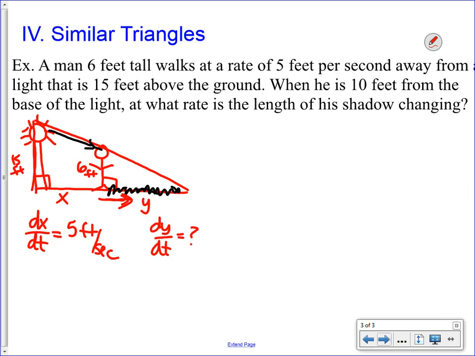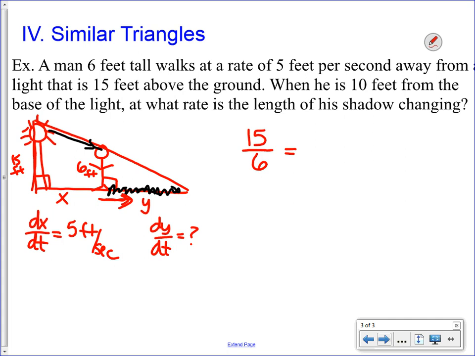All right, so this is going to take you back to some geometry, but when you have similar triangles or similar figures in general, that means that all their angle measures are the same and the side lengths are proportional. Okay, so the side lengths are not necessarily the same, but they're proportional. So you're going to set up a proportion for your equation. Okay, so we're going to use the ratio comparing the 15 and the 6, the height of the lamppost and the height of the man. So we'll do 15 over 6 equals,